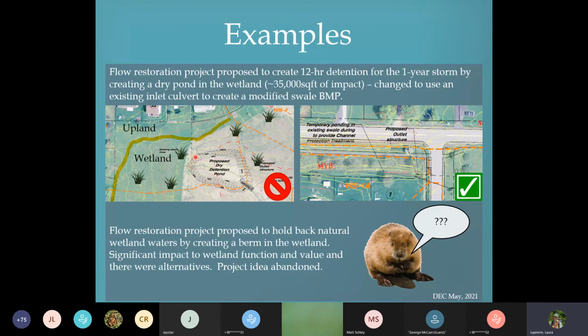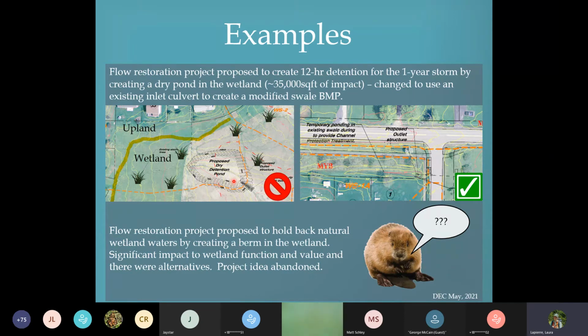After they did so, they had a wetland consultant come out and delineate the site and found that most of the parcel was in fact wetland. Right here, the yellow line, this is the wetland boundary. So the upland area was quite small, and it turned out that the proposed detention pond was entirely within wetland area.